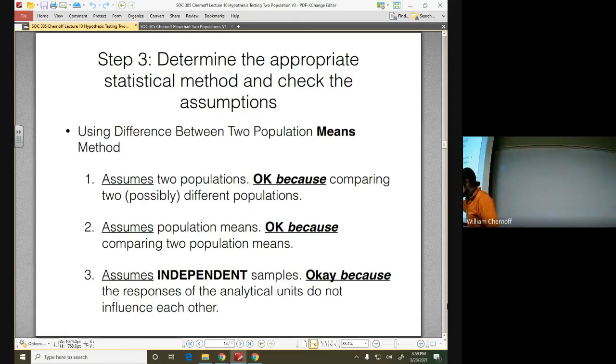And three, we have our independence assumption. Now again, this one is based off of how you collected the data. You want to make sure that when you collect your data, the way one person responds is what they think, and that it wasn't influenced by anyone else who took your survey. If you target people individually, maybe by sending them out over email, it's a reasonable assumption that when they took your survey, they were taking it on their own, and they weren't around anyone else who took the survey.